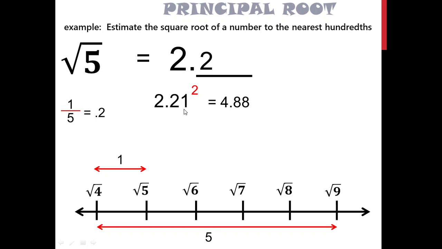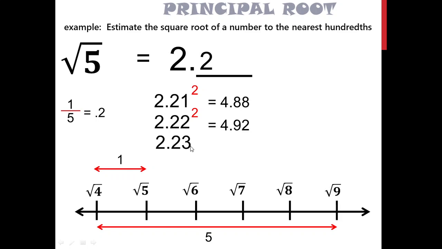Okay, now I will not stop here. This is the trial and error method now. I will add another number. I'll increase this one to 2, so I'll make 2.22, and then I'll square this one. Then I'll get my result as 4.92. So it's almost 5. I want to try another one.